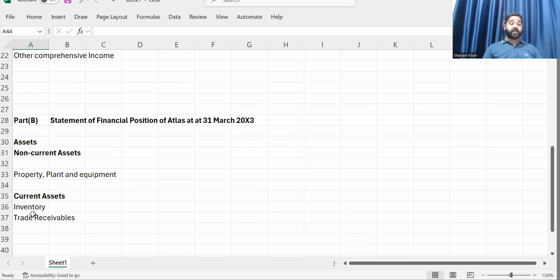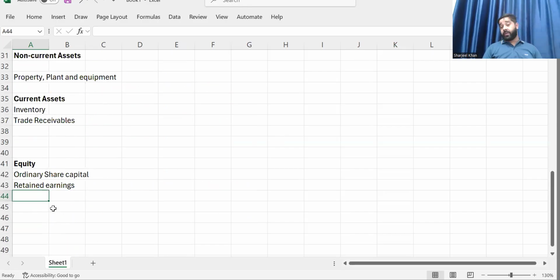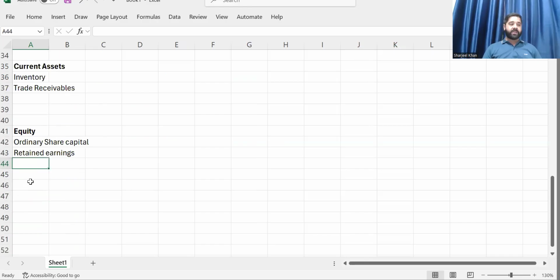So it's virtually certain that there will be an adjustment for the revaluation surplus as well. But I have to make the adjustment according to the relevant notes. I will leave some lines for that as well, right? Then